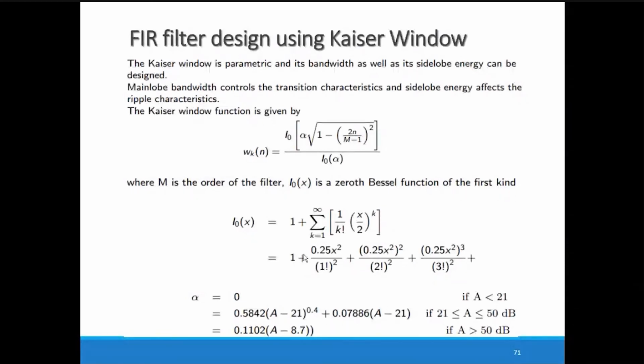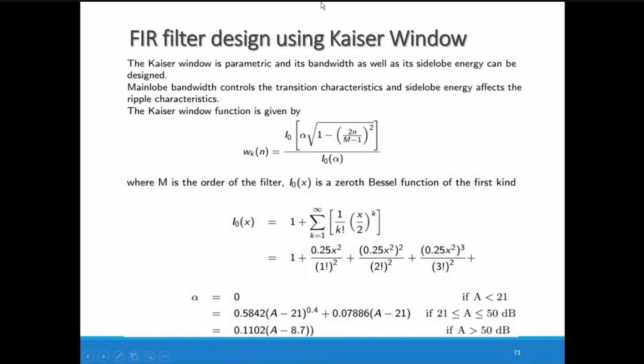Okay, and you have to represent the final equation of the Kaiser window, not the values of h(n) that we are doing in the rectangular, Bartlett, Blackman and Hanning windows. Here you have to solve and represent the answer in equation form. I will show you that. So I0, whatever Bessel function we have taken, this is the equation for that Bessel function: 1 plus summation from k equals 1 to infinity of 1 upon k factorial, (x by 2) raised to k, and the expansion is also shown.